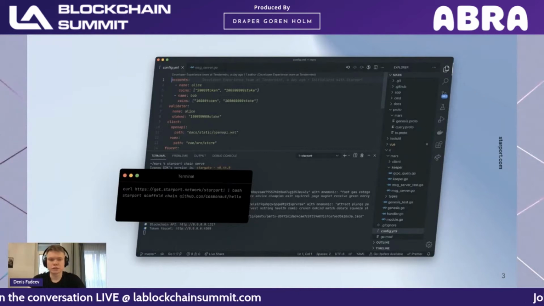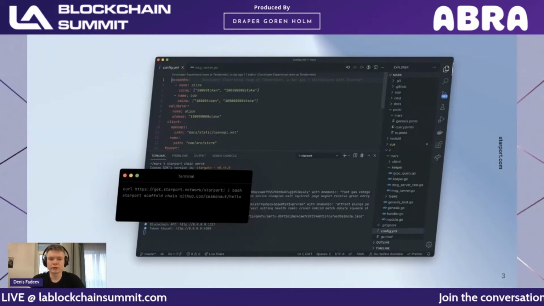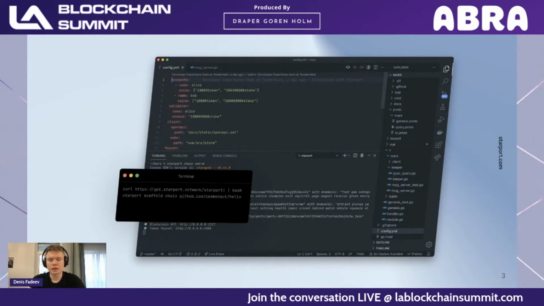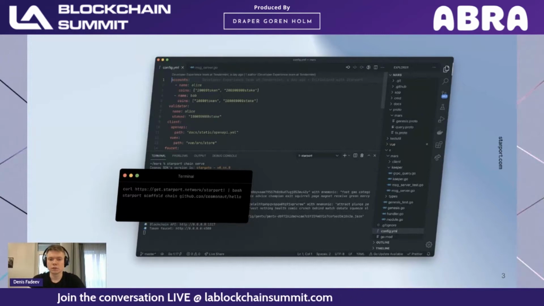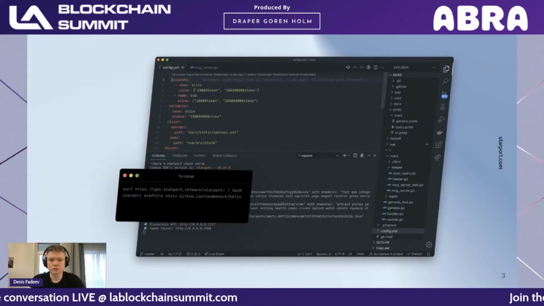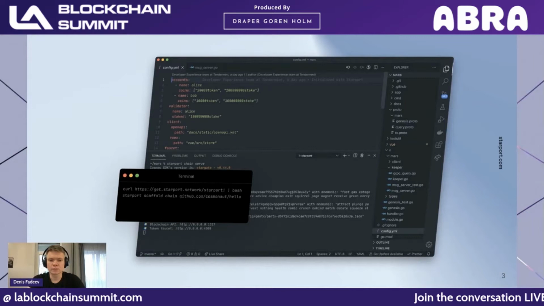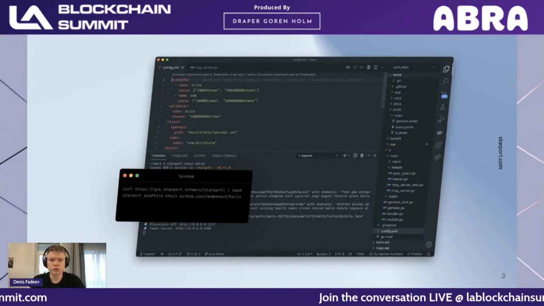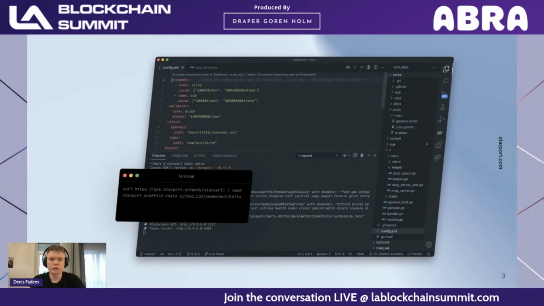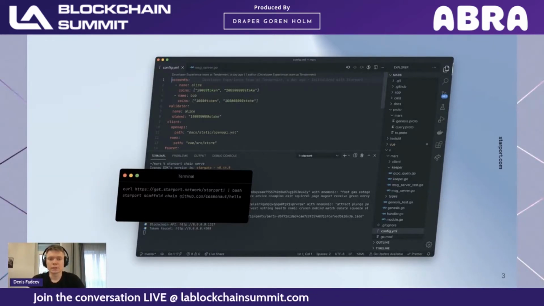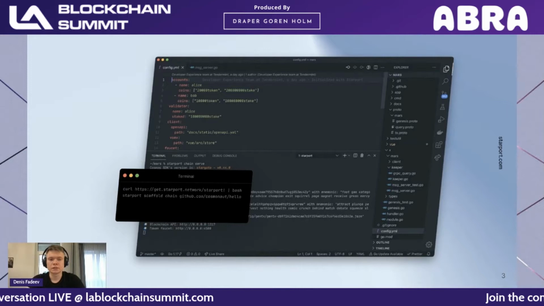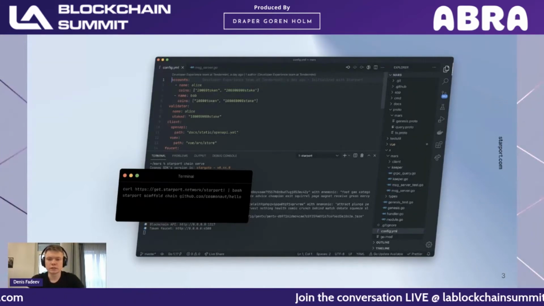So the way you use Starport is very simple. You just run a single command that pulls the binary off the web and installs it onto your system. And now you can open your terminal window and start building blockchains. So with just a single command, you can scaffold a new chain, and what you get as a result is a completely new Cosmos SDK-based blockchain that is IBC enabled out of the box,